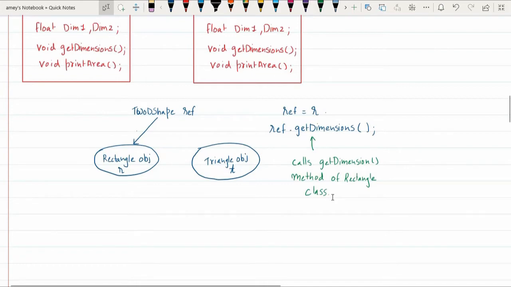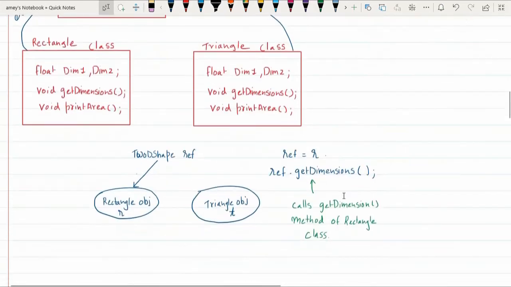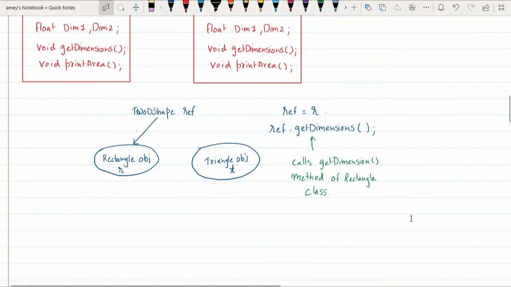But suppose later in the program, I write ref equal to t. Graphically, instead of pointing to the rectangle object, the ref variable now points to the triangle object.